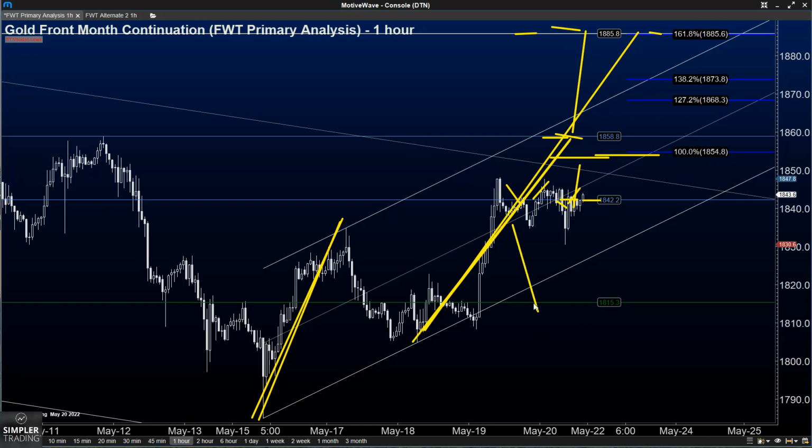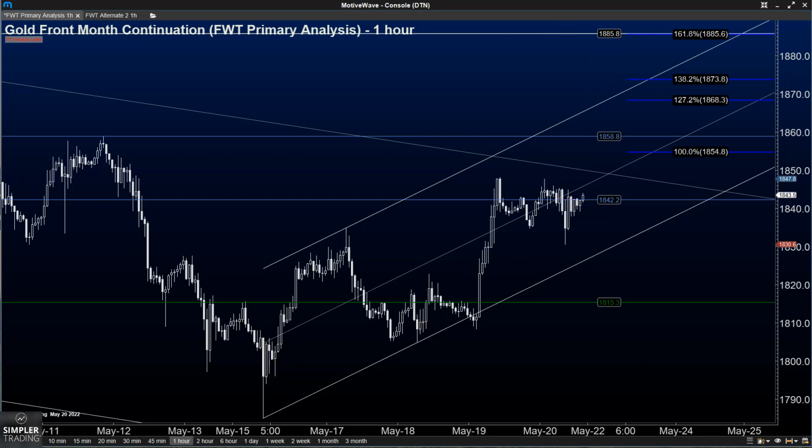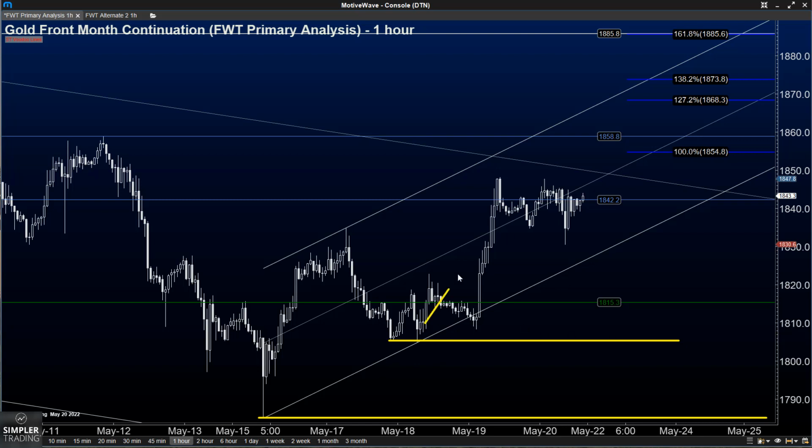Meanwhile, a break back below this voodoo tree line, I think now that we have had an opportunity for an additional leg to the upside, getting back below and holding below that level would give us a warning that this idea was wrong and very well might come back below this low. So the important update here is that I think we can raise our validity levels. If you want to give it a little more room, you could give it to below these lows, but this leg just needs to keep on going to some of the cited targets if indeed this move is going to convince us that there was a strong likelihood of continuation.